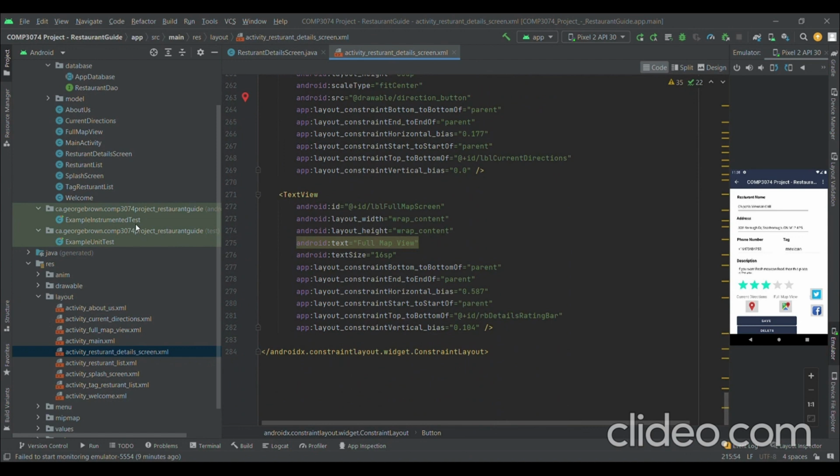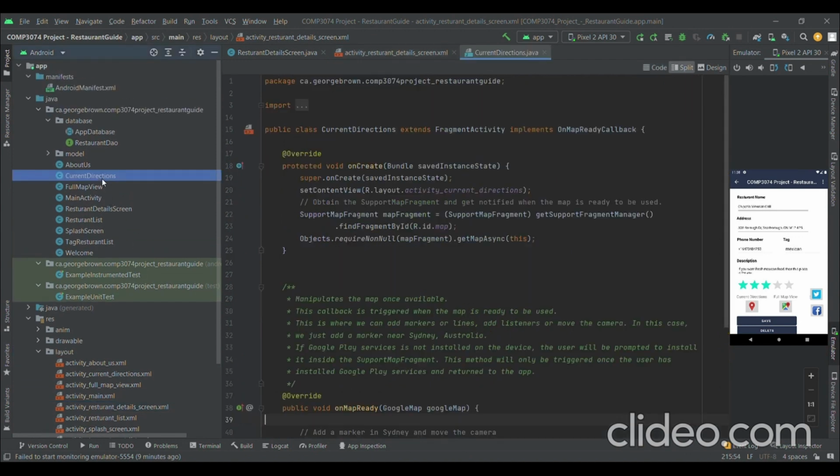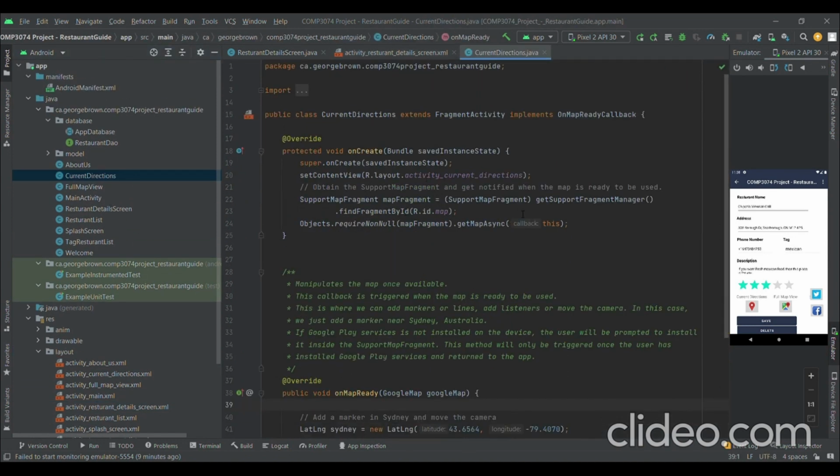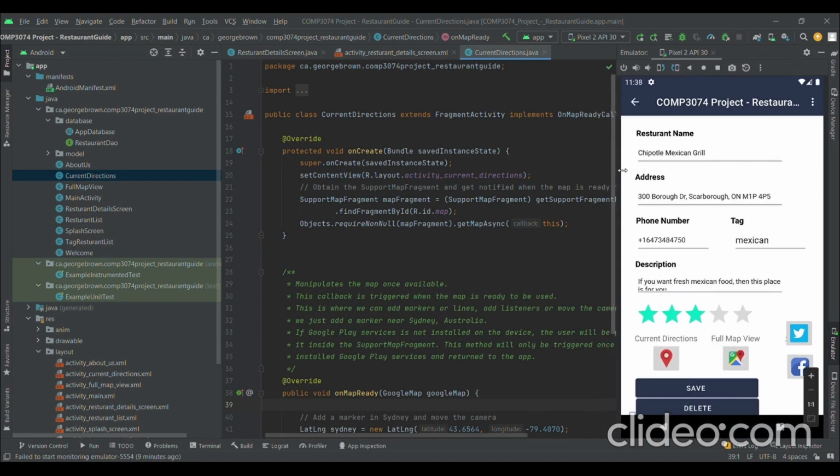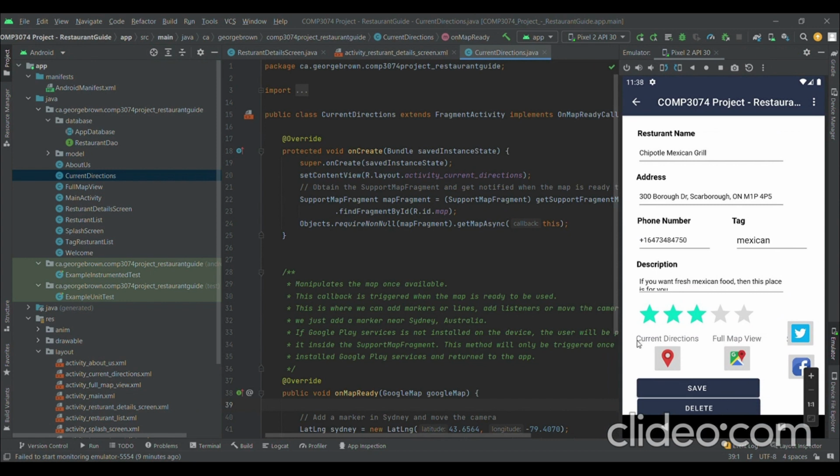Okay, so let's see the second one, current direction. The current direction is this button, as you can see here, which tells us the distance between the current place where you are now and the direction address to this restaurant. So let's see how this works. If I click on this one,